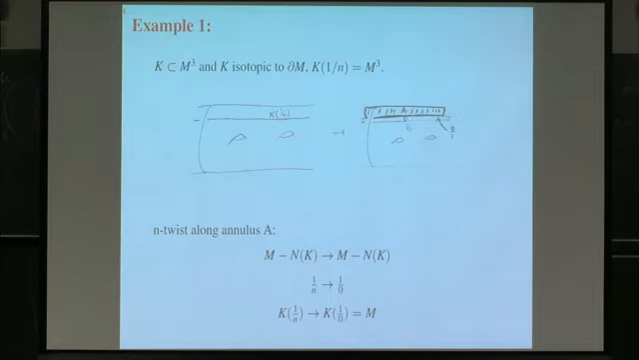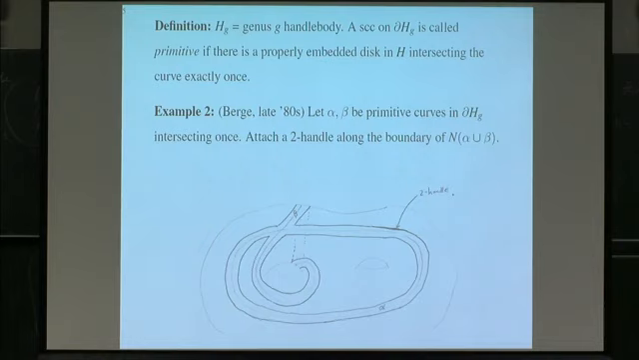Since it sends the 1 over n curve to the meridian, it sends the Dehn surgery to the original manifold. So you know that the 1 over n Dehn surgery on such a knot is homeomorphic to the manifold again. So that certainly works for a handlebody, but that works for any 3-manifold. So let me give a more specific example